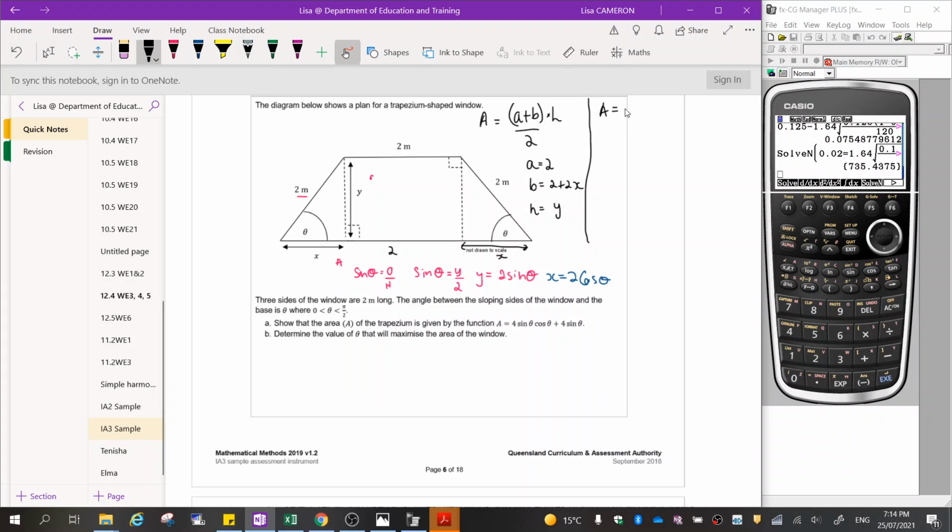So area is going to be equal to 2 plus, substitute in B, 2 plus 2x, bracket, bracket, all divided